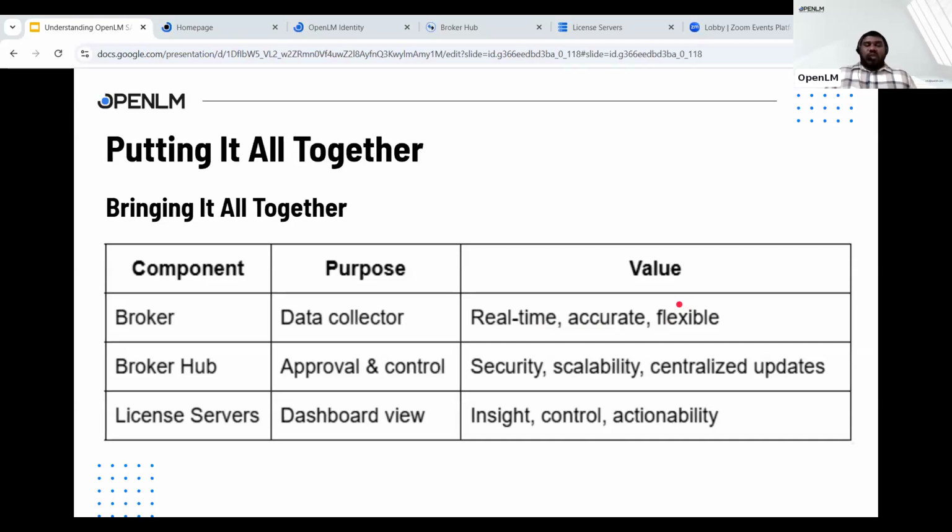Let's quickly tie it all together. A broker is installed on the license server. It's your field agent collecting data in real time. The broker hub is your central control tower approving, monitoring, and managing brokers. The license server console is your mission dashboard, showing you what's happening across your environment at a given point of